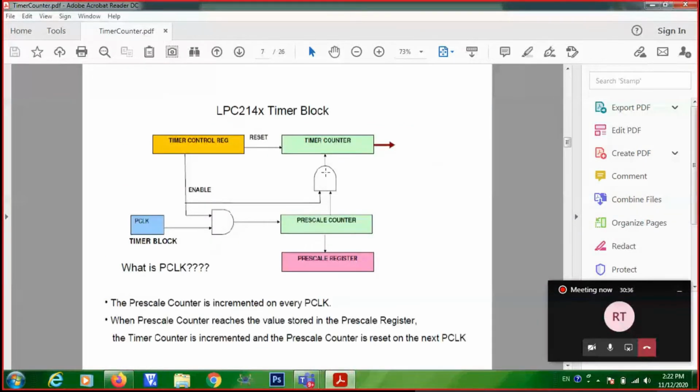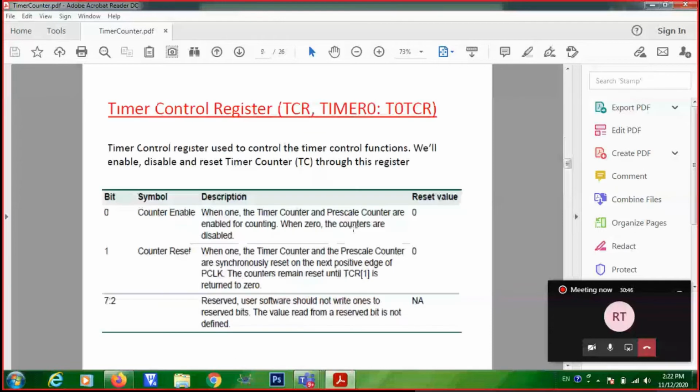Both counters you are enabling by enabling the timer in the timer control register. Then the first bit is counter reset. What does it mean? You are resetting the timer counter as well as the prescaler counter. These are the 2 bits in the timer control register.